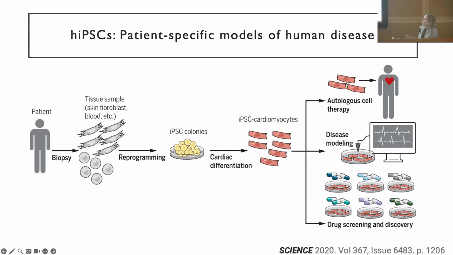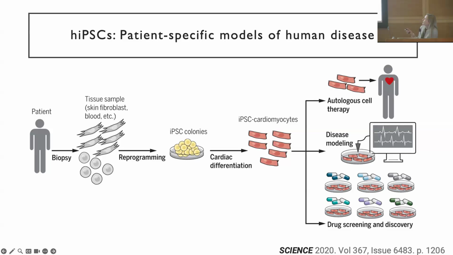But the difference here is that because you've taken it from an adult patient, if that adult patient has a genetic disease, so does your stem cell. And so this really became what's known as the original disease in a dish model, where people were not just now interested in studying development, but we could actually differentiate these cells into different tissue types and look at how a disease-causing mutation affected the function of those cells. And that's mostly what I'll be talking about today, which is disease modeling.